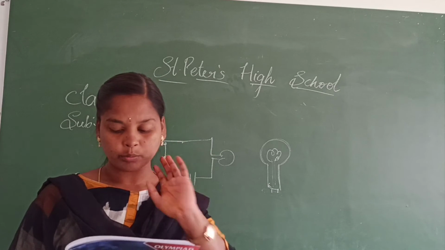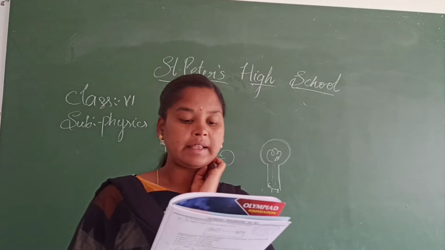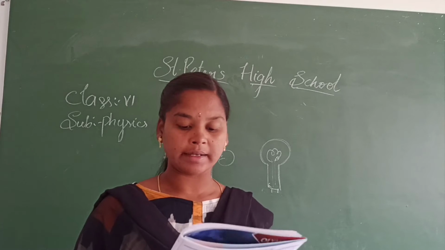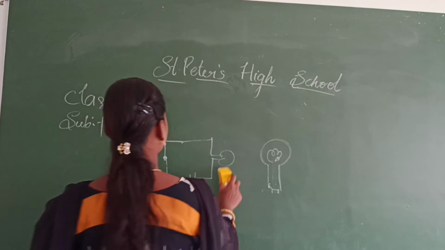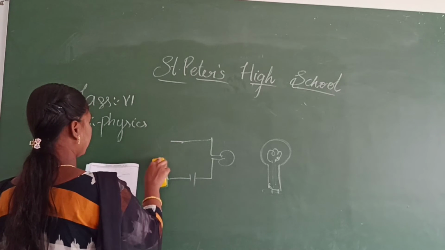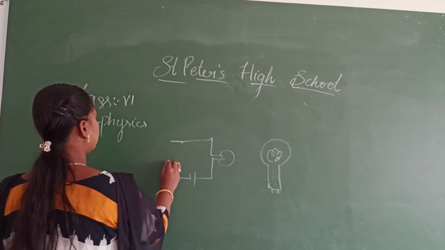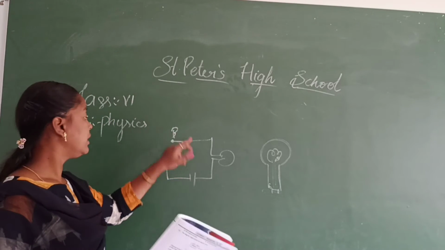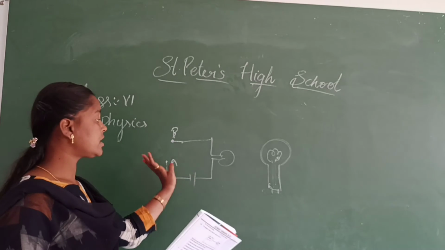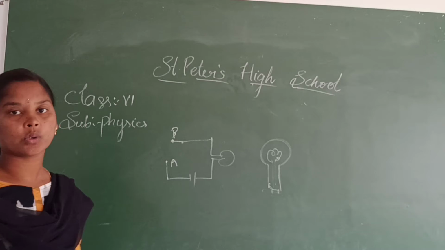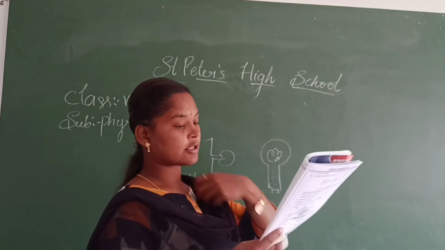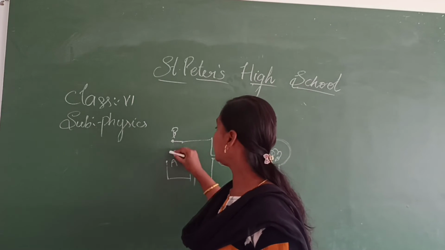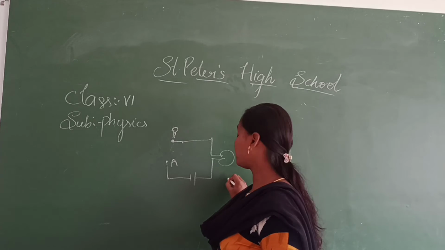Next, almost all the questions are the same. The diagram below shows an incomplete circuit. Which item would allow the bulb to light up? So this is a circuit. This is A and this is B. This is an incomplete circuit. This is an open circuit, right? Now you have to place an object in between so that current will flow and the bulb will glow. The options are a glass rod, a metal coin, a plastic comb, a paper cup. Which object, if you place it here, will make the bulb glow?